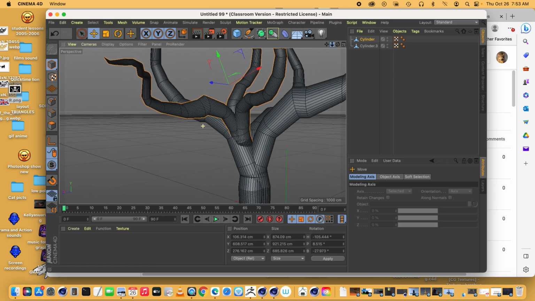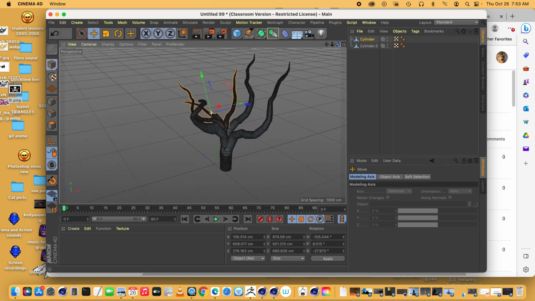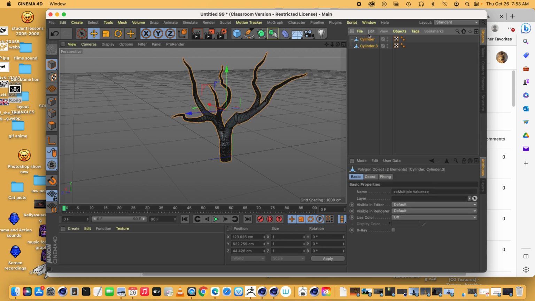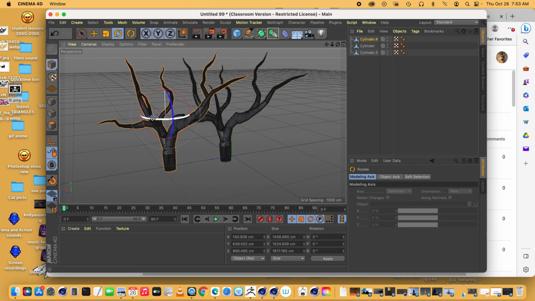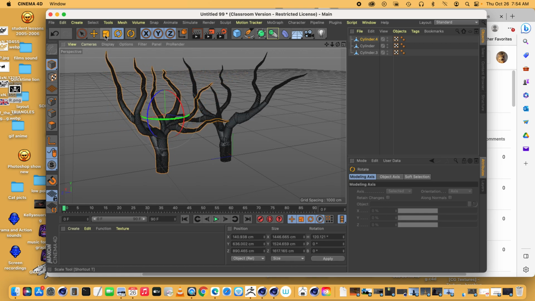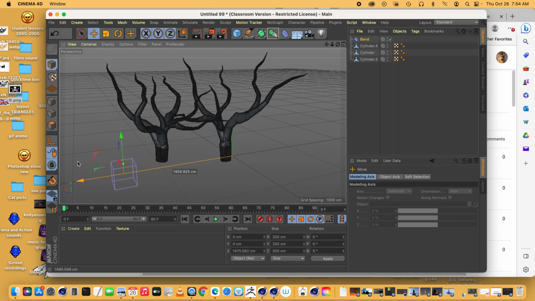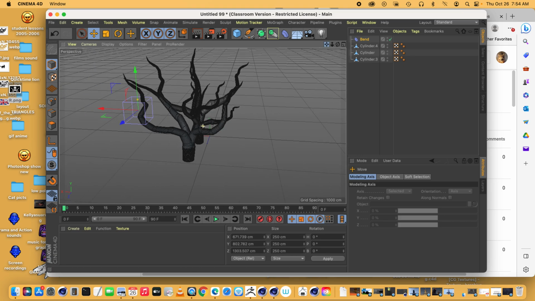Alright, so there is another branch. Remember, you want to do this on all sides, try to make it different. And then you keep going. I can take that and copy paste it, and then connect plus delete the combined version, and that's a new cluster for a new branch. So you keep combining things together. You can stretch them. You can, if you wanted to, alter this one and put bend deformers on this one